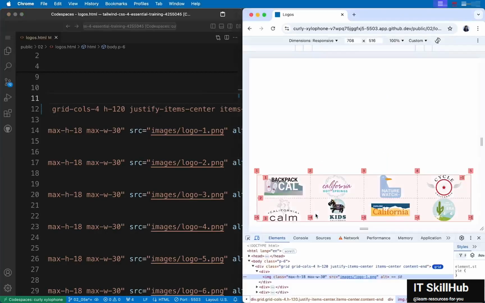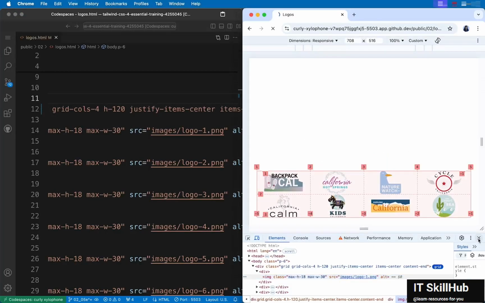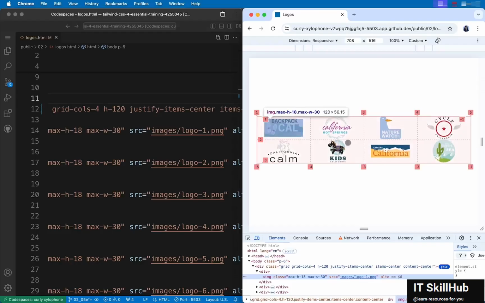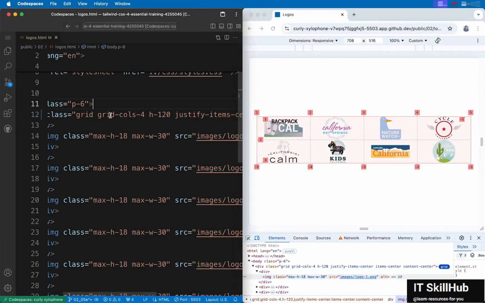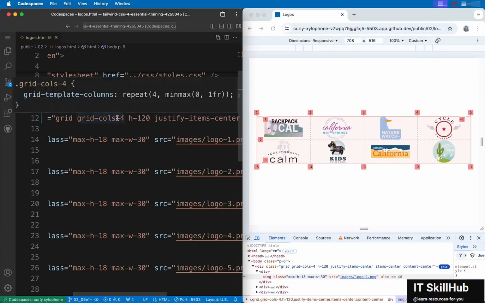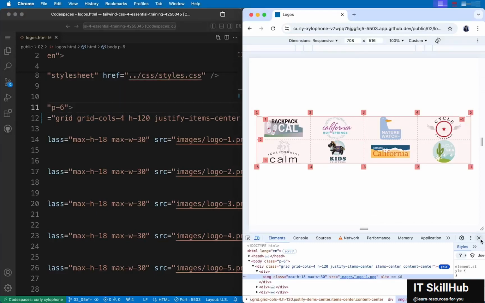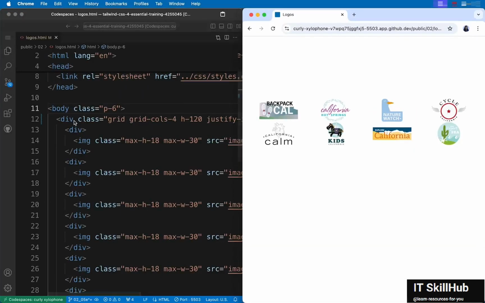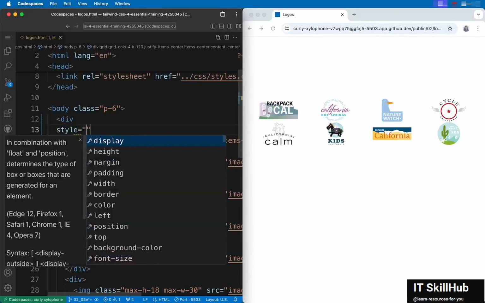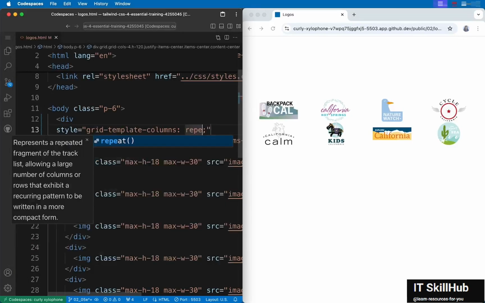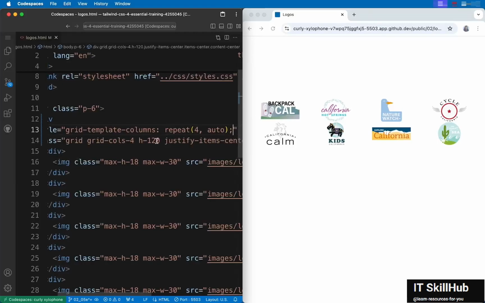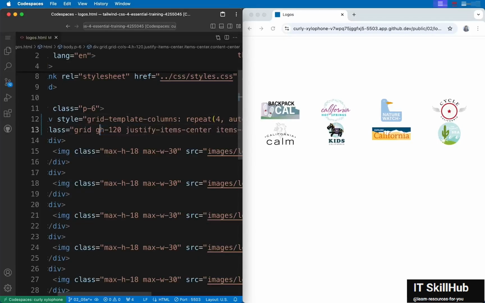So if you turn back the grid lines, you'll notice that I will have to refresh again. Turning back the grid lines, it's vertically in the center. However, with the columns, you cannot do this the same way in Tailwind because grid-cols-4 sets the grid-template-columns in such a way that each of these columns occupy exactly the same amount of space. For this, we will have to change the columns to auto size, and there's no straightforward way of doing that in Tailwind. I'll show you how exactly you can tweak to do that in a later chapter, but for now, we will just have to add an inline style of grid-template-columns: repeat(4, auto). So we are going to have 4 auto-sized columns. Let me remove grid-cols-4 so this works fine.